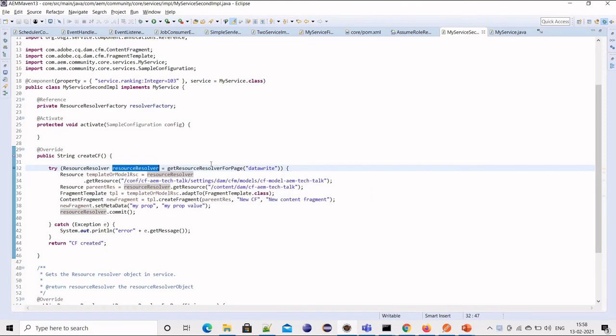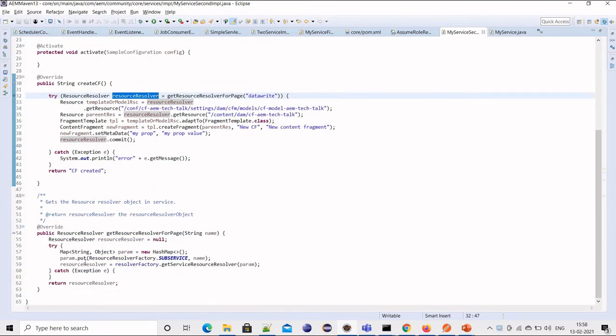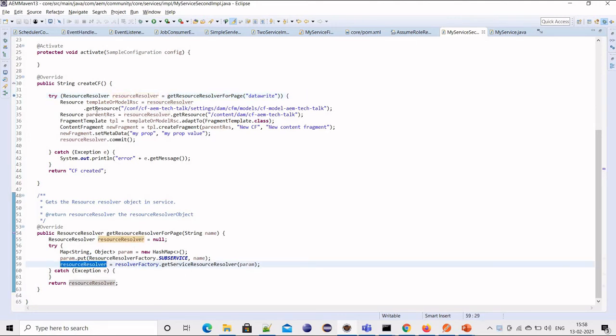I have already explained how we can create a resource resolver using a subservice, but just a quick glance at how we are doing it. We have created a system user, and using this subservice we are creating a resource resolver.